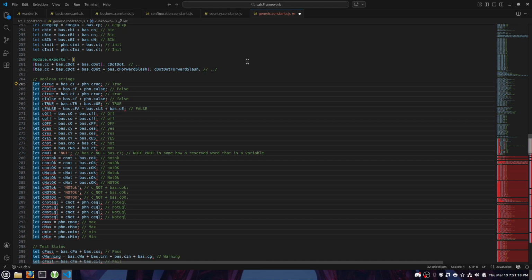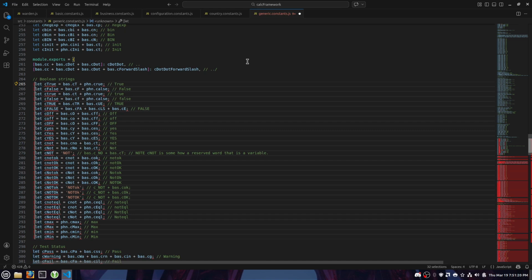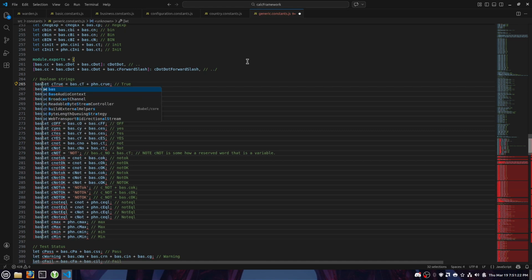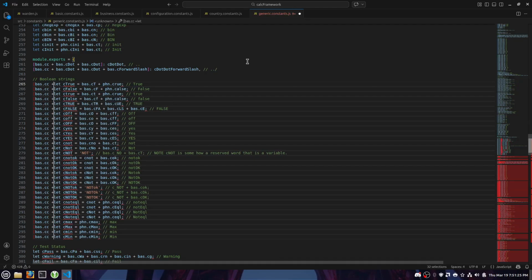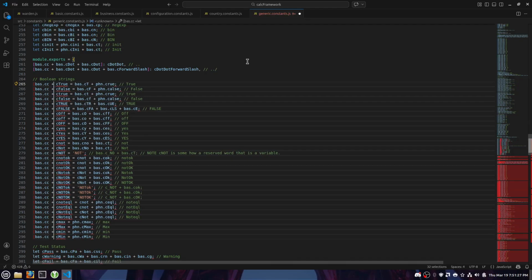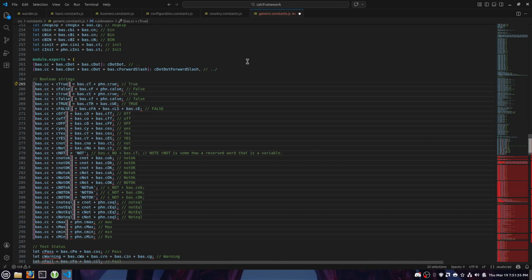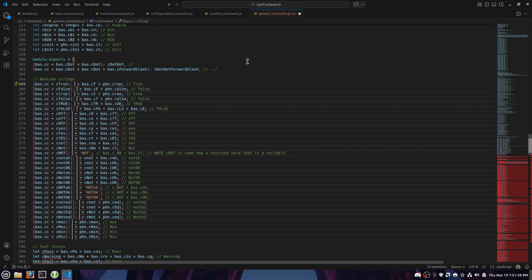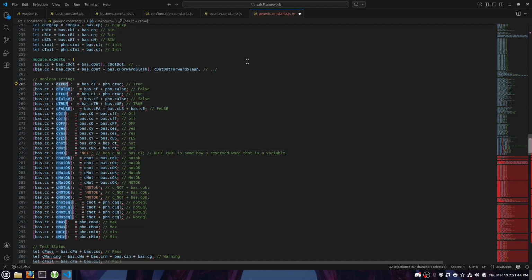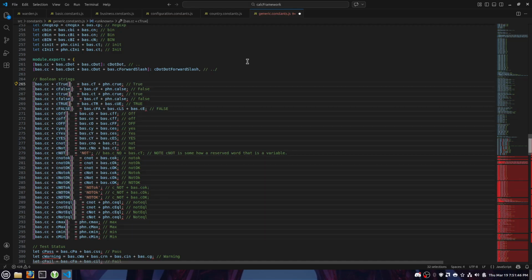Okay, so from here, we're just going to do open square bracket, bas.cc plus, we can take out the let, hold down the Control, right arrow. Now we do close square bracket, colon, space, and let's come back to here, Control Shift right arrow, copy, go over here again, paste it,